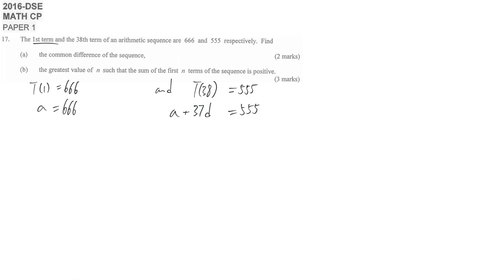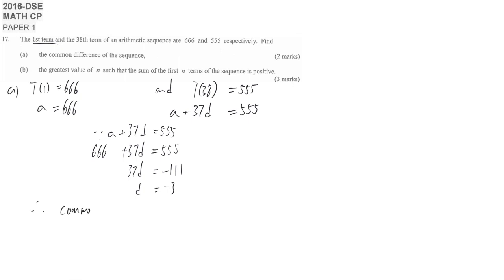And then we are just going to solve the simultaneous equation. Since A plus 37 times the difference is equal to 555, which means 666 plus 37D is equal to 555. So D is equal to -3, and then therefore we already get A. Common difference